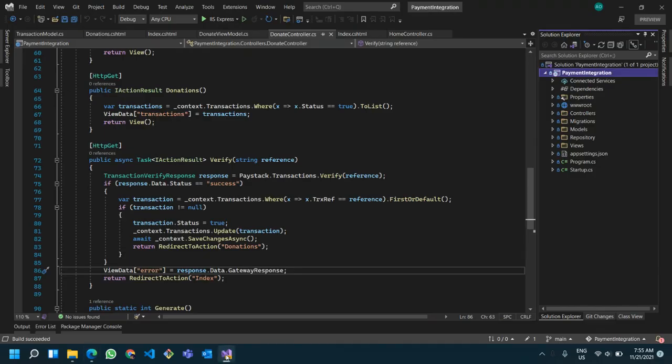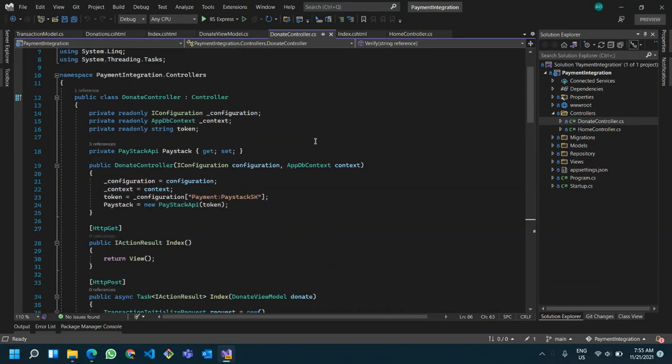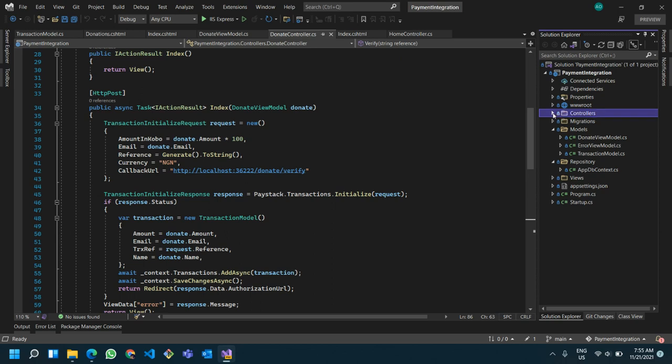So, in the last project, we used an MVC application where everything was jumbled up. There was no major separation of concerns. If you look at the donations controller, we have so much of our business logic in here. This could be refactored and cleaned up. Repositories were here, migrations too. So in this video, I'll be cleaning this project up to follow best practices, separation of concerns, and dependency injection